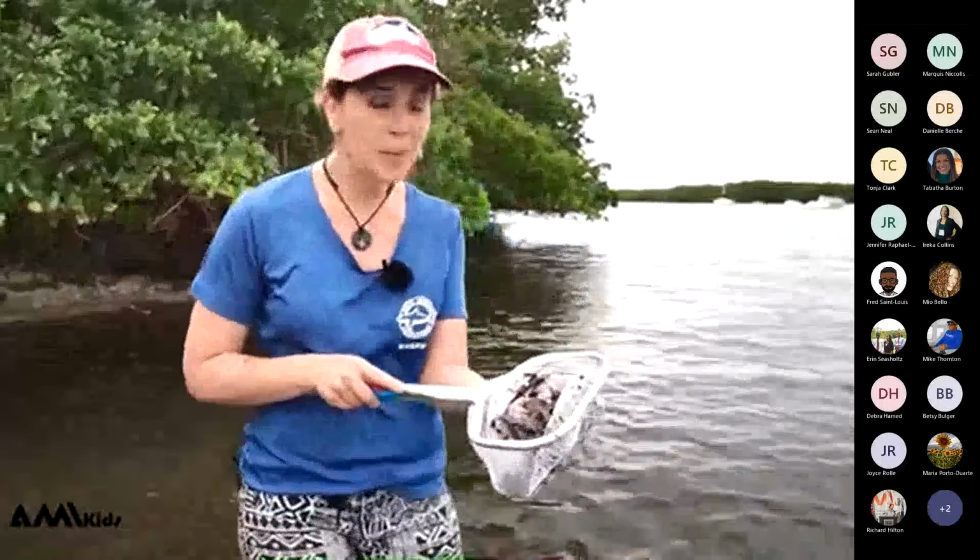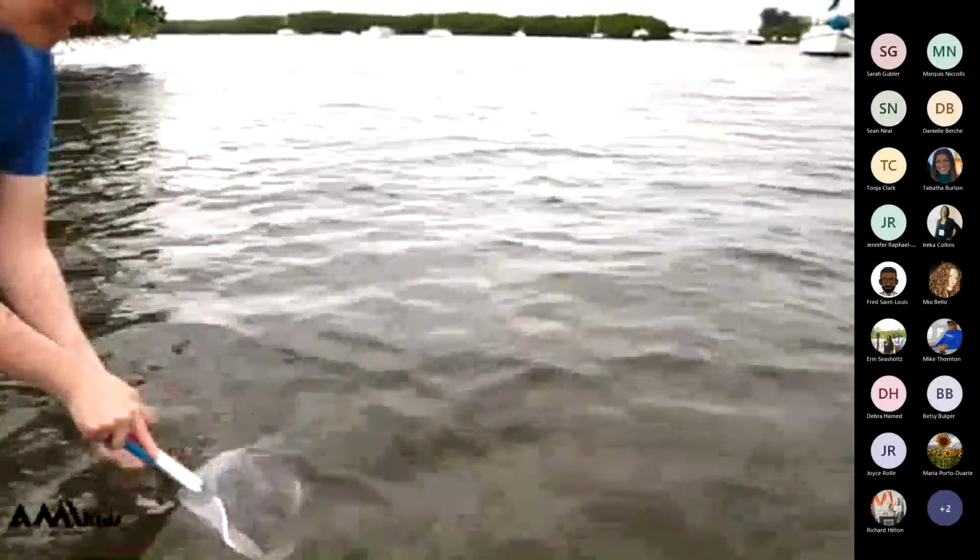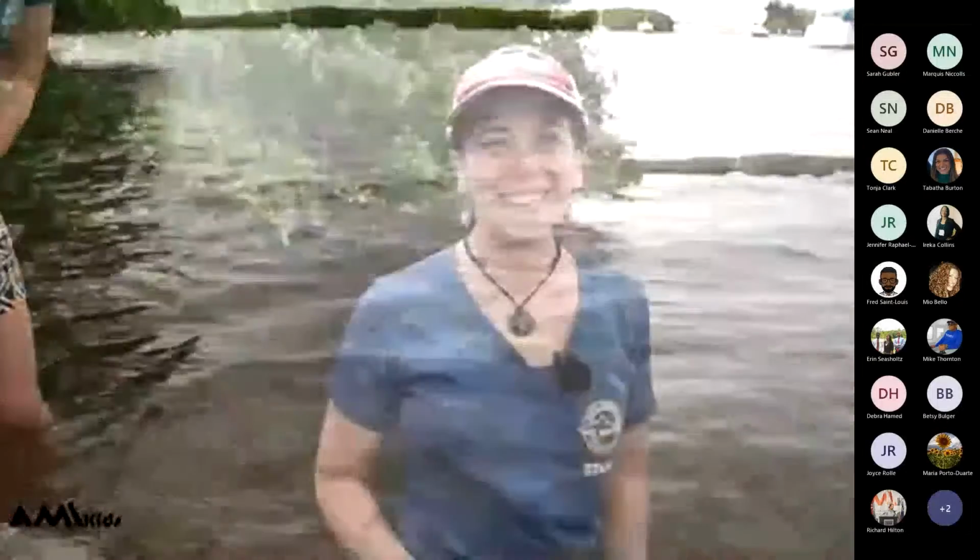Okay, so it's really fun finding these organisms, and I do have a permit from Mote to collect them, but part of that permit is that we release them when we're done using them. So I'm going to go ahead and let this crab live its life, grow up into a big blue crab, and here we go. Let's continue sampling and see what else we can find.